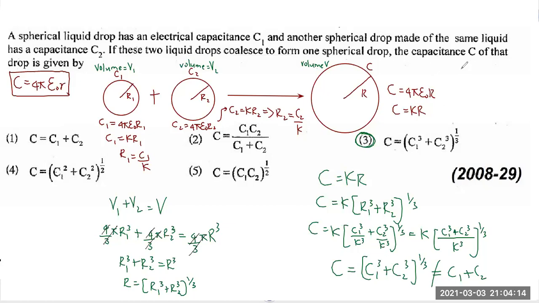Now, for example, these are some mistakes kids do. A squared plus B squared square root. You can't write it as A plus B. That is completely wrong. Because A plus B whole thing squared's root is only A plus B. But this can't be written like that. Similarly, A cube plus B cube's cubic root cannot be written as A plus B. That is incorrect, because that answer is also there. Which one? First one. So that's wrong. You have to leave it like this. Okay, right. So answer is third.